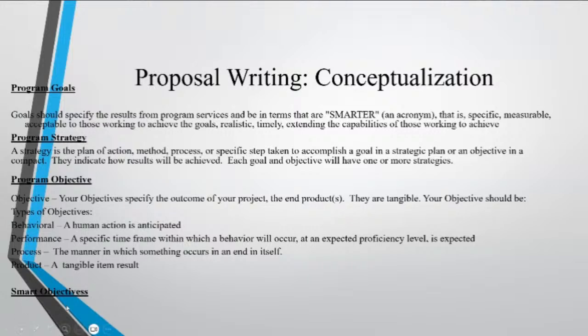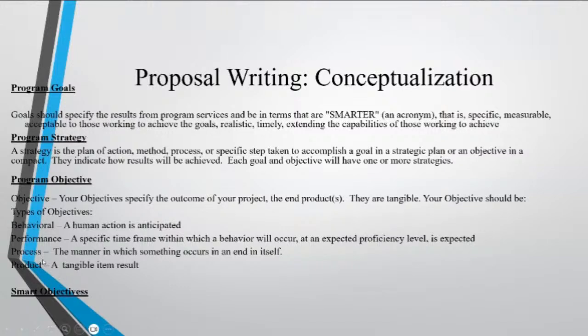In terms of your goals, there could be different types of objectives, and it must meet one of these. One, the objective must be behavioral. That is, you want to change an anticipated human action. Second, performance. That is a specific time frame within which the behavior will occur.